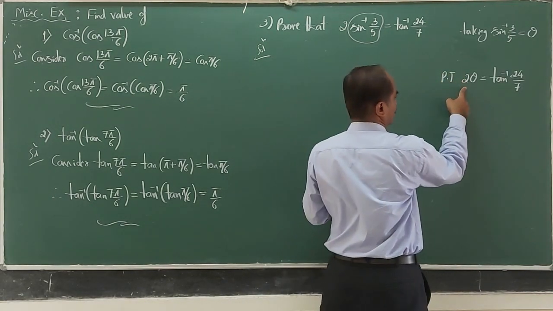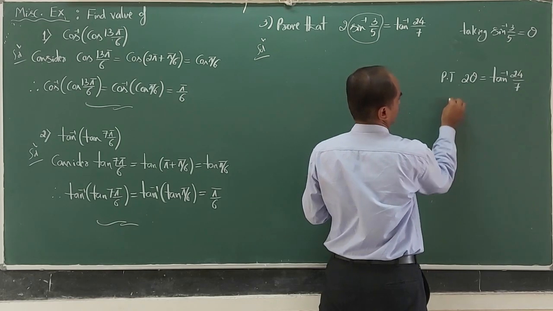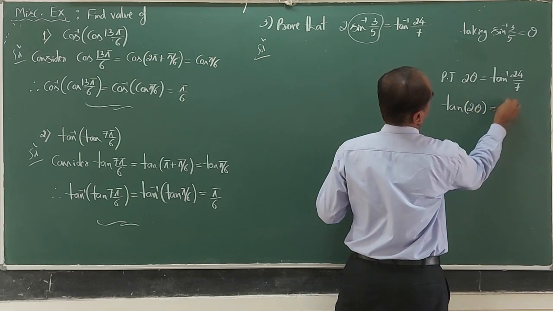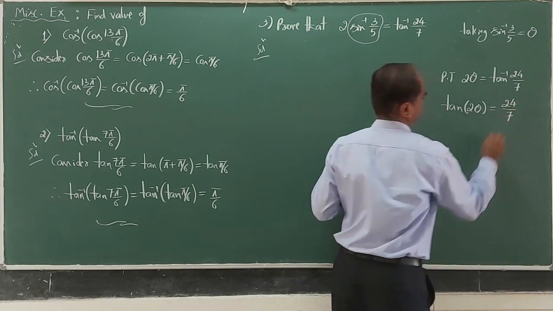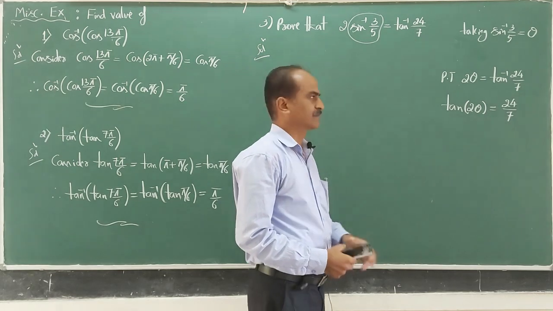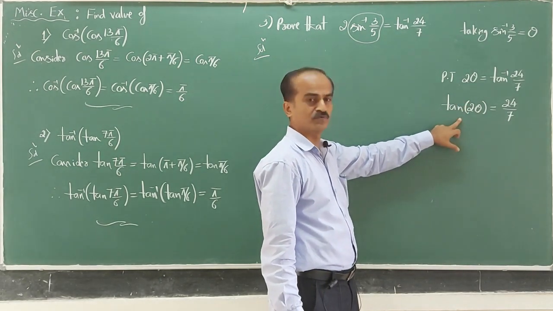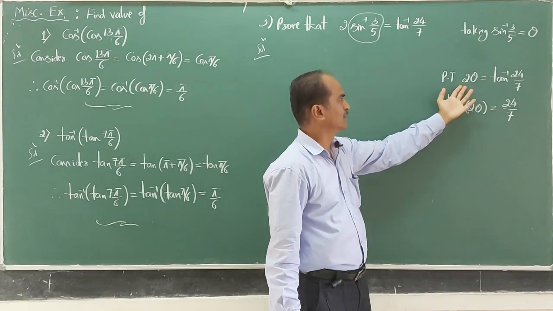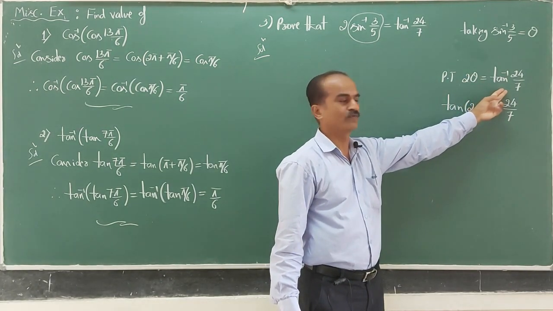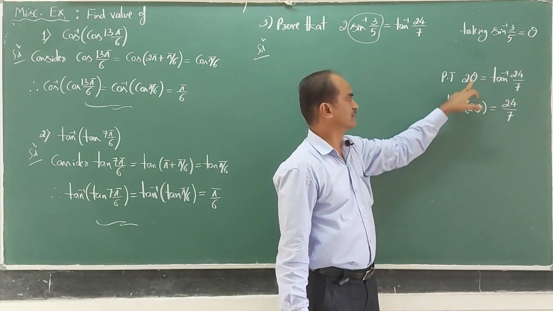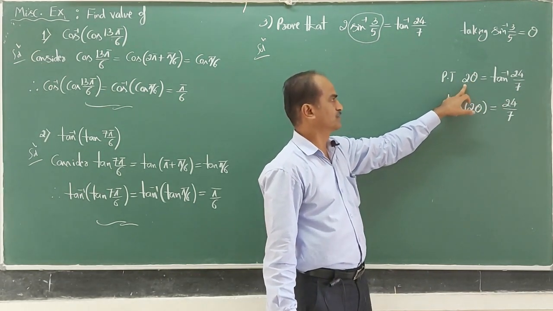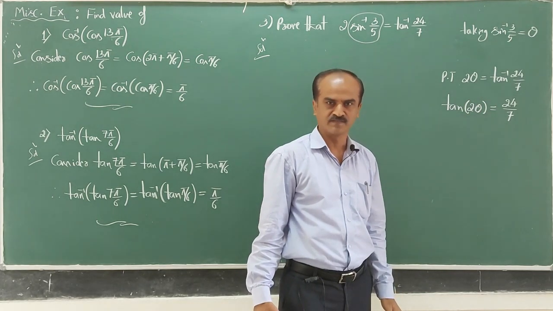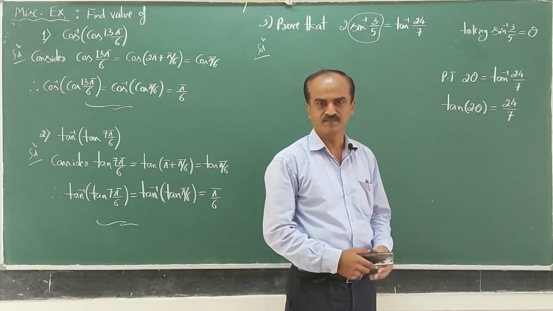In order to prove this, I show that tan 2 theta is equal to 24 by 7. I hope you are getting the logic. We applied the inverse function rule. So, tan 2 theta equal to 24 by 7. By that I can write 2 theta equal to tan inverse of 24 by 7. Resubstitute theta, and you are ready with the result. That is, 2 sin inverse of 3 by 5 equal to tan inverse of 24 by 7. So, this is the logic of answering this question.